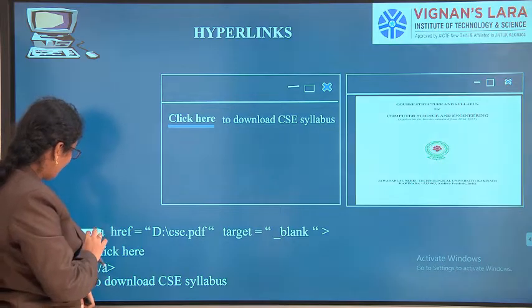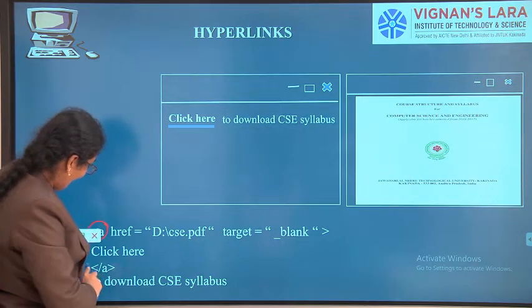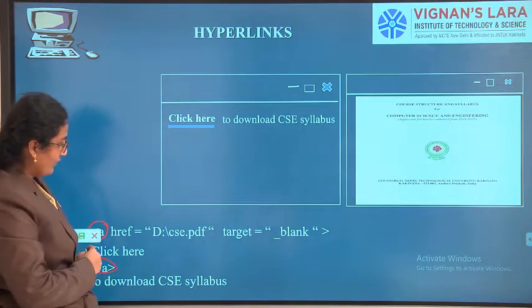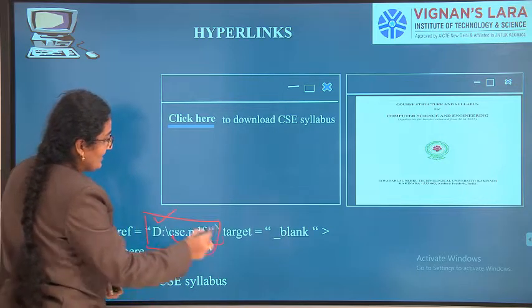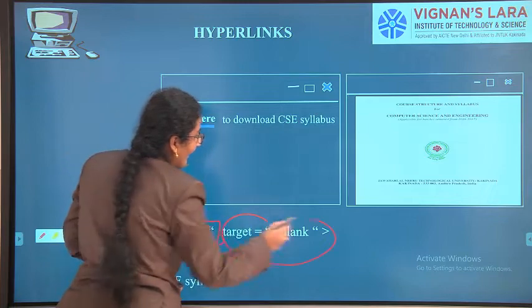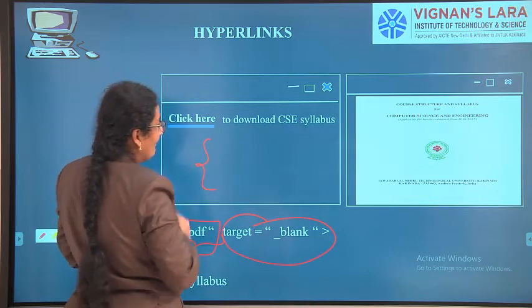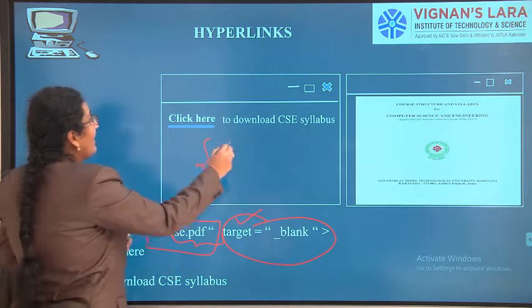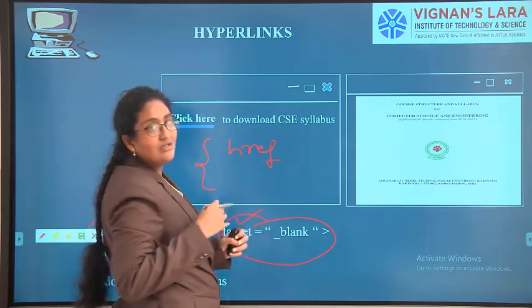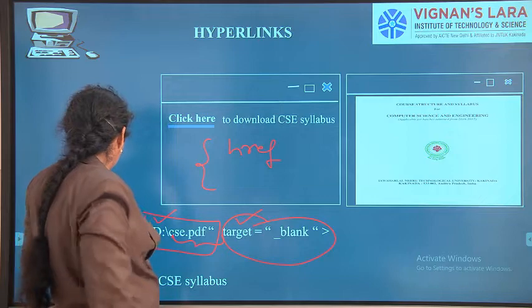Here the anchor tag is open and we closed the anchor tag here also. I have given the source as the CSC syllabus in D drive and target I have put blank, so it displayed the blank page. Target is for the browser to display, href is for us, where to navigate.